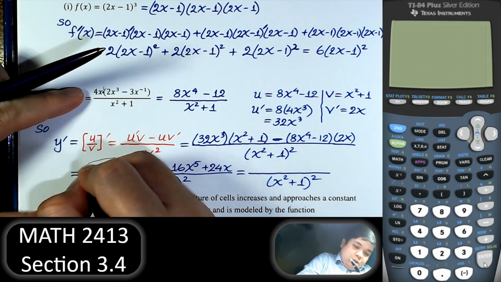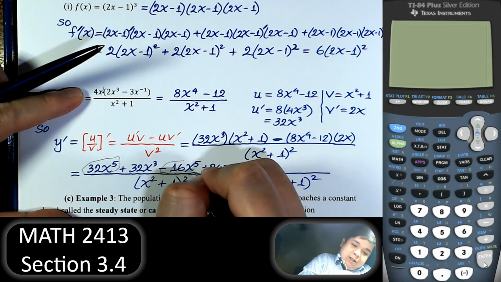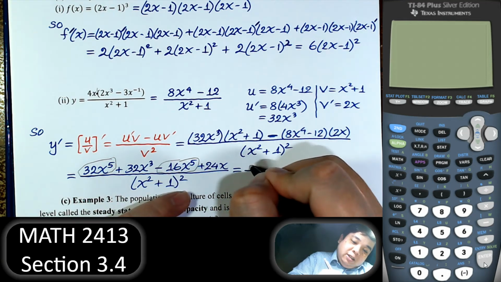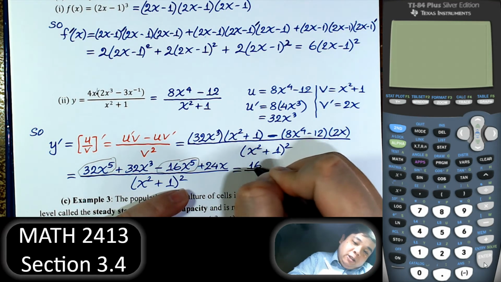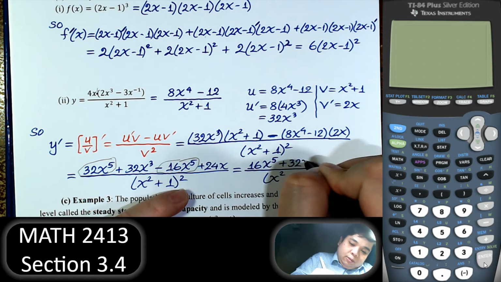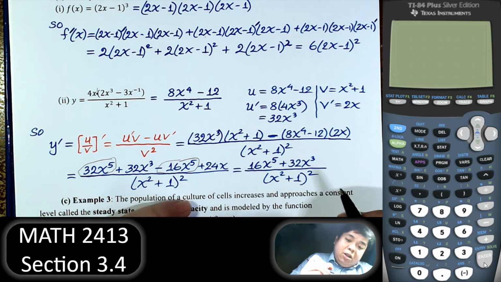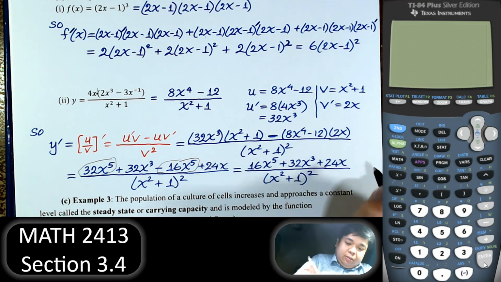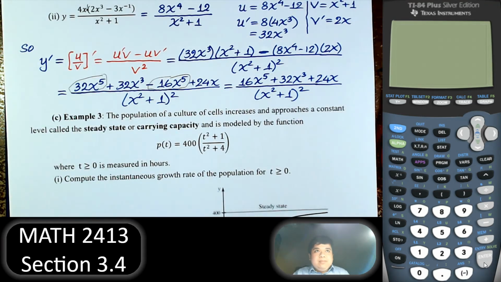We only have x to the 5th here and here. 32 minus 16, that is 16. Plus 32x cubed plus 24x. Right, that's what we have. Next we have